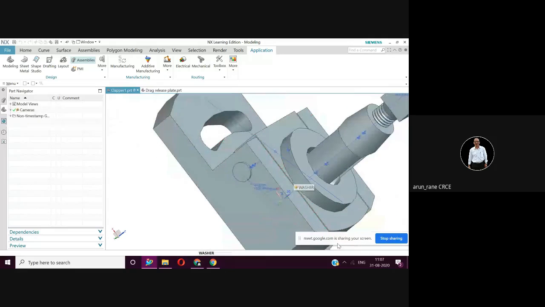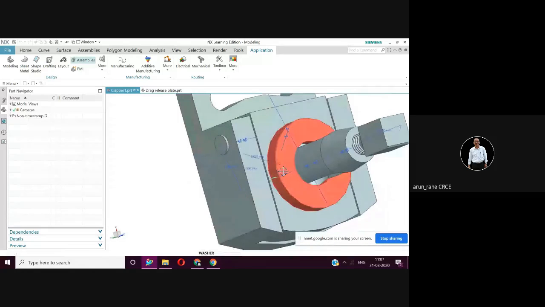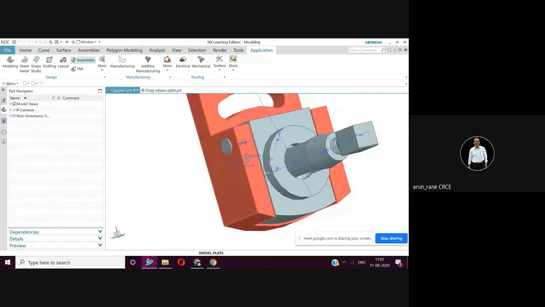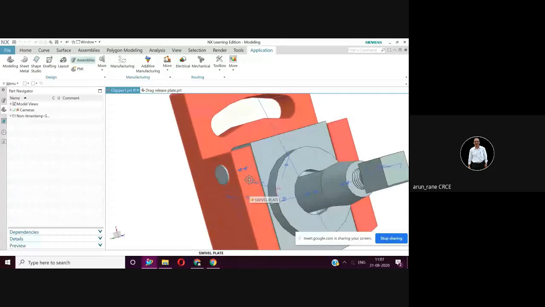At that time you can move on. You can see here also, look, this component has shifted. This is aligned. Okay, so again bring it. Let us see whether it comes back to its initial position or not. But you have to control it.